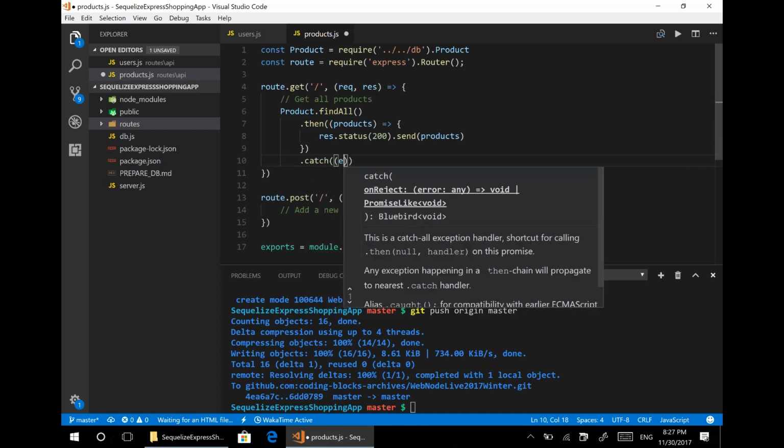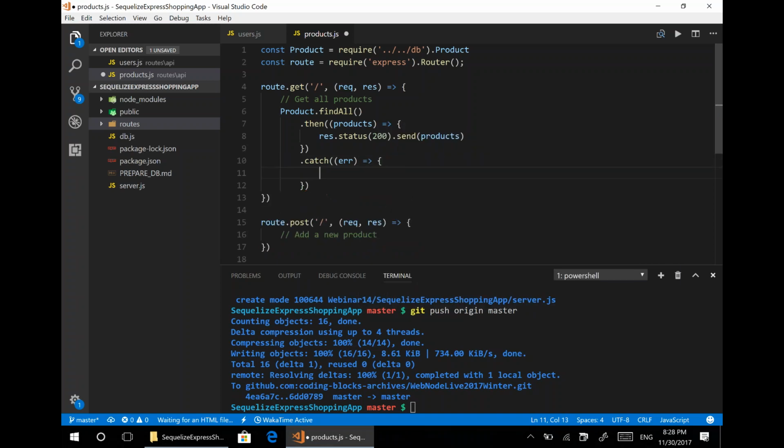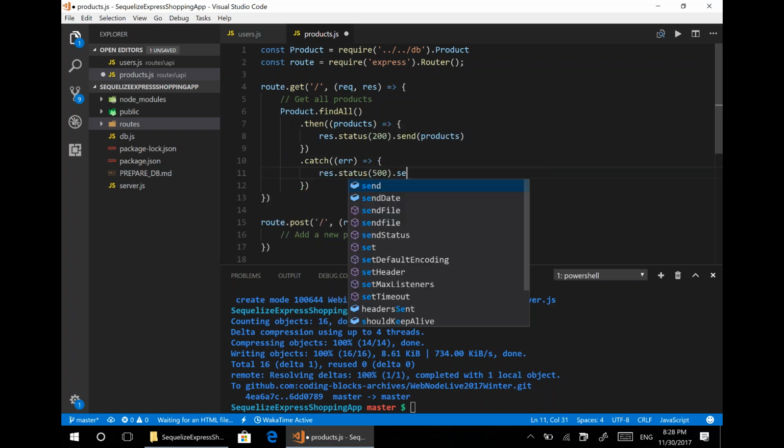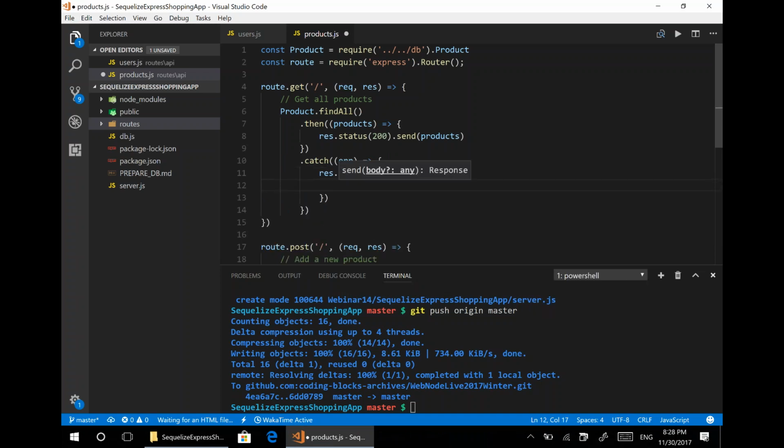Catch if we get an error, in which case let's do res.status(500).send a message where we have an error,